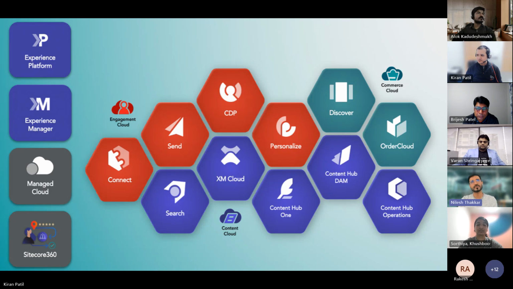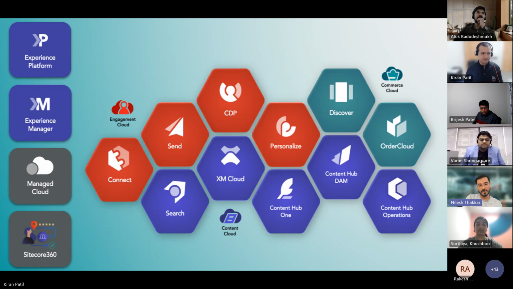I mean, when Sitecore came here around 7-8 years ago, there was hardly a handful of customers, and today Sitecore is doing a fantastic job in this region. I don't know if you know about it, but from a revenue point of view, Sitecore earns a lot of the business in this market compared to the US and Europe. Recently, I'm talking about recently.